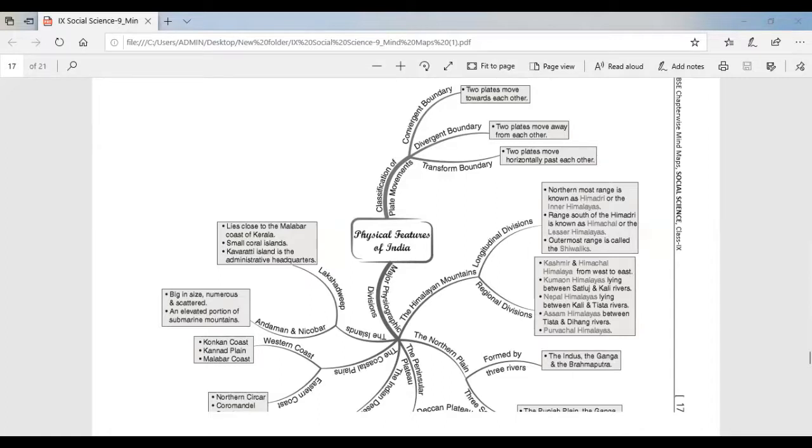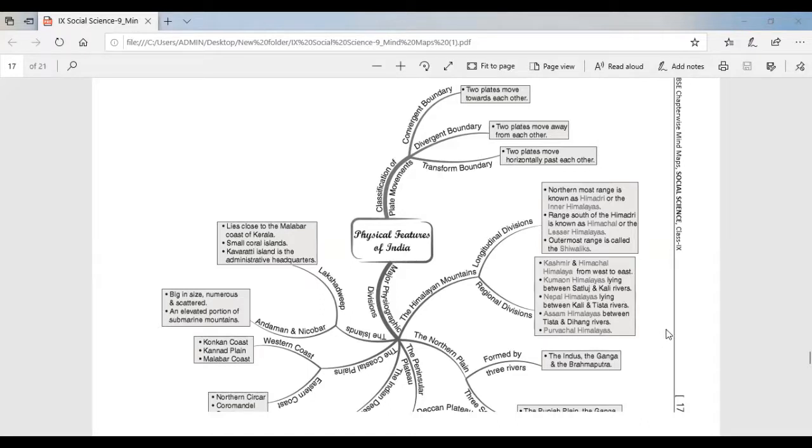The Himalayas have also been divided on the basis of regions from west to east. The part of the Himalayas lying between the Indus and Satluj has been traditionally known as the Punjab Himalaya, but it is also known regionally as Kashmir and Himachal Himalaya from west to east, respectively.